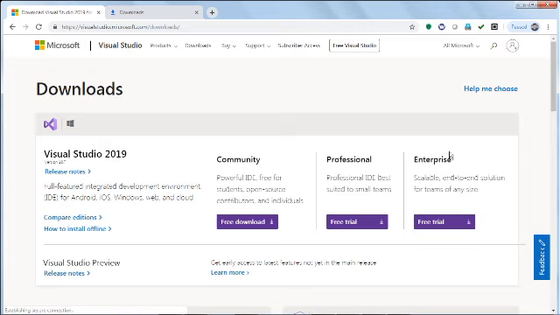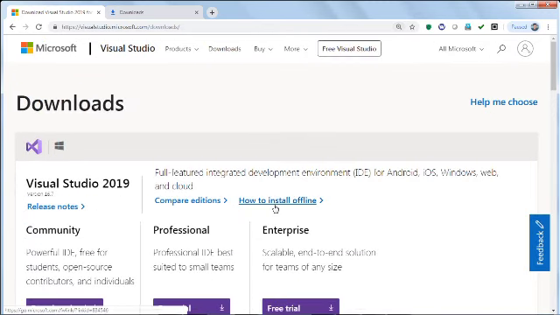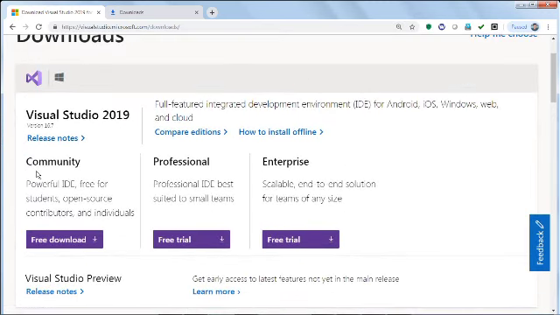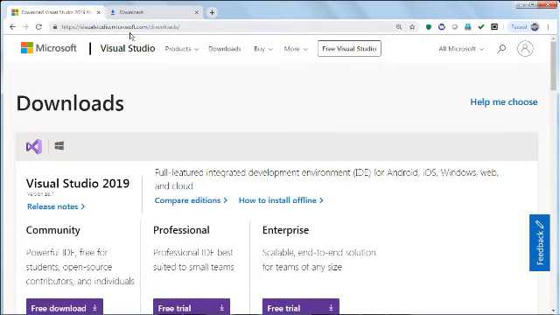version and enterprise version. So here what you can do is, the professional version is free trial for few days, enterprise version is also free trial, but the community version you will find that in community version powerful IDE free for students. Okay, so that is a very important thing, that for all the participants from our polytechnic students or engineering, we can download this free version of open source package from Microsoft official website.